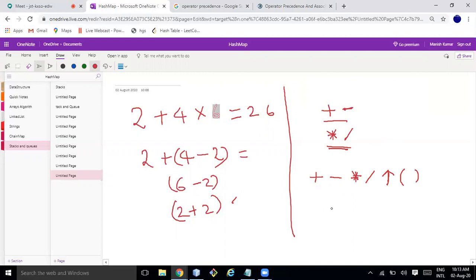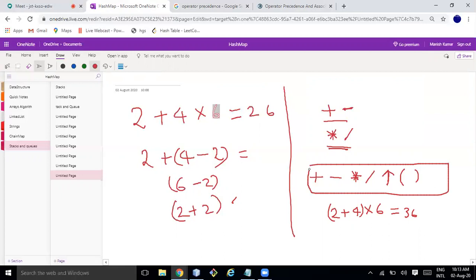So there are two things: 2 plus 4 into 6. This time you will tell me the answer is 26, but what about this? You will be telling 36, right? Now let's see the precedence of these operators using this chart.